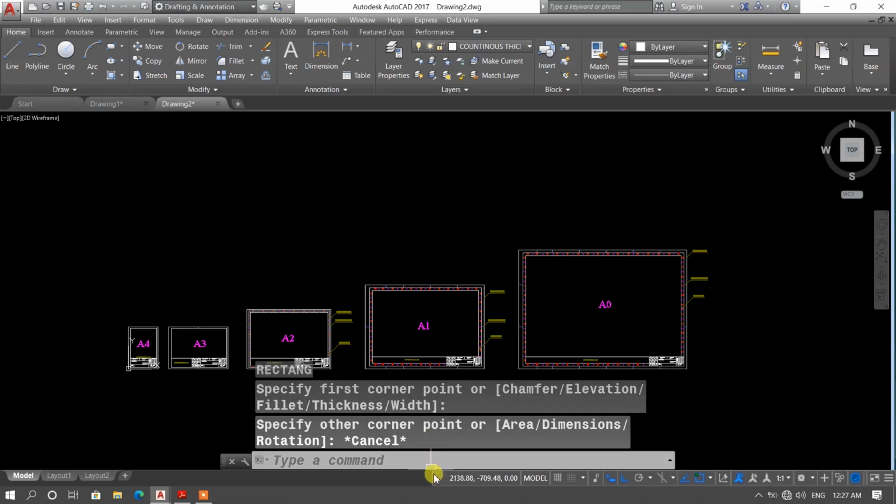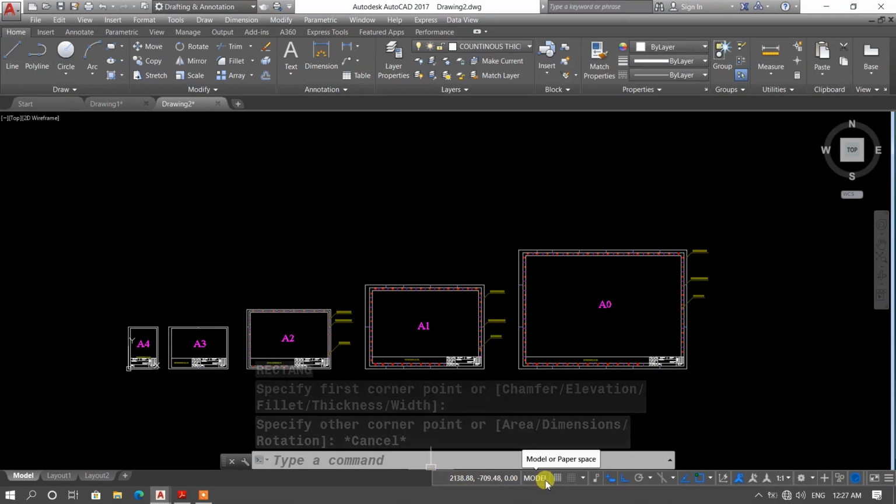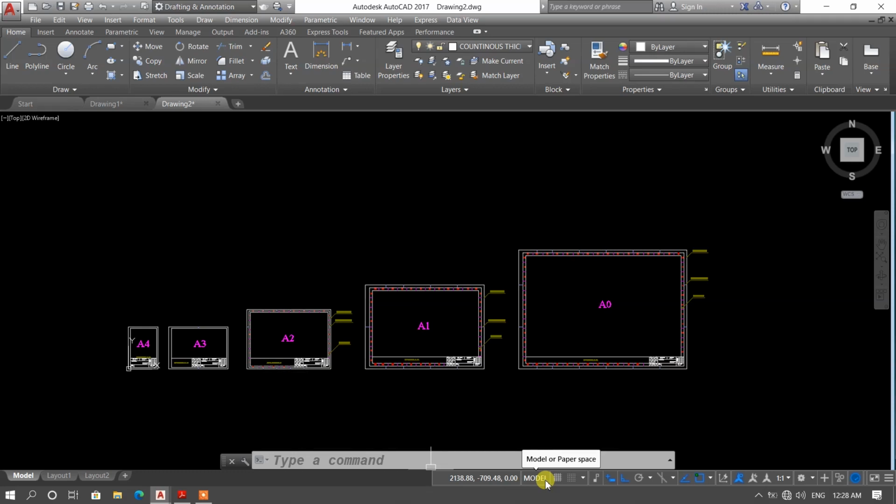Now with the help of status bar, we can identify which commands of AutoCAD are running right now. The running commands are highlighted by the blue color and the deactivated commands are highlighted by the white color. So right now I'm going to share the whole PDF file of this interface of AutoCAD.